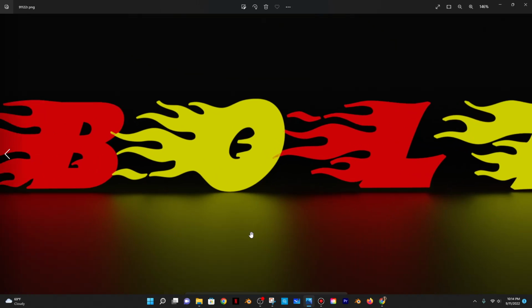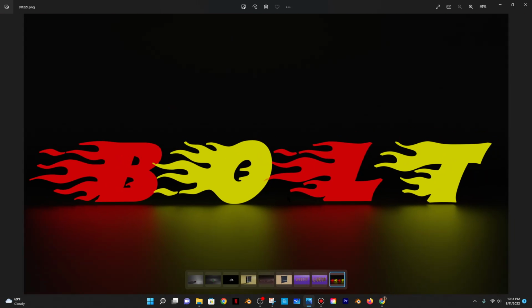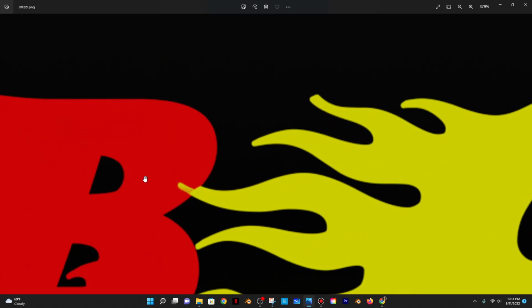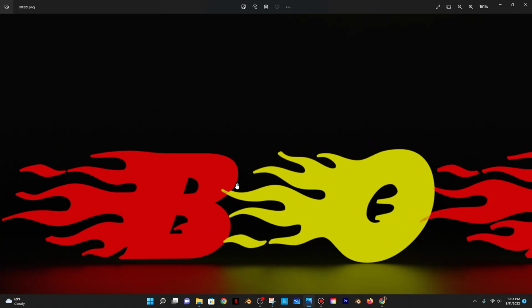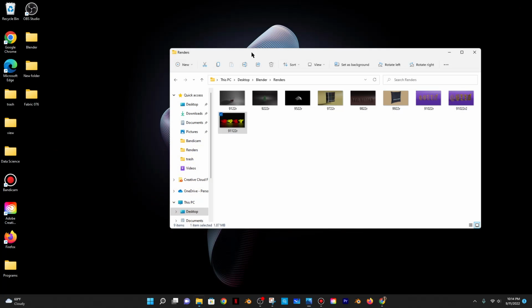And you can clearly see that the ground was smoother and less noisy than it was actually in the render. And then the only thing I don't like, I probably should have fixed that, is that you could see the letters overlapping, or at least the flames with the letters. And I could have fixed that by just increasing the character spacing and